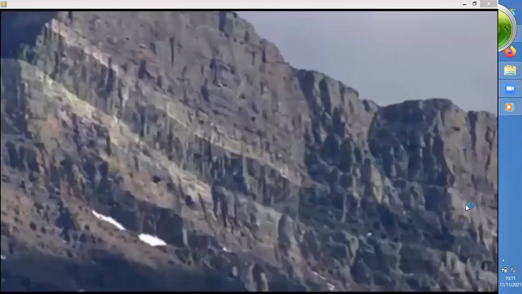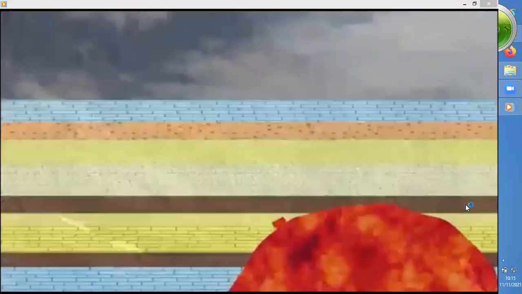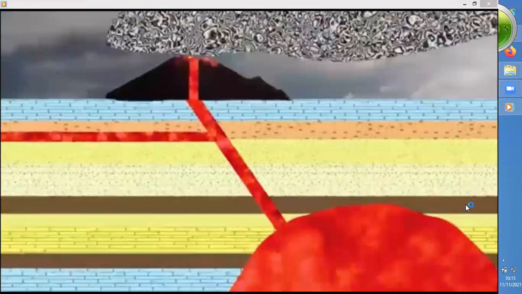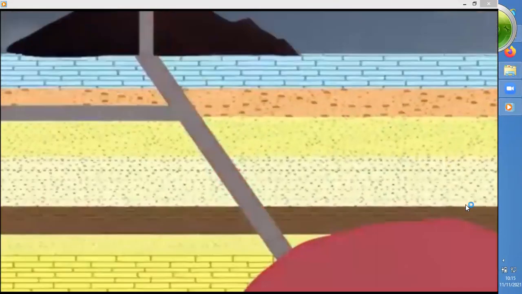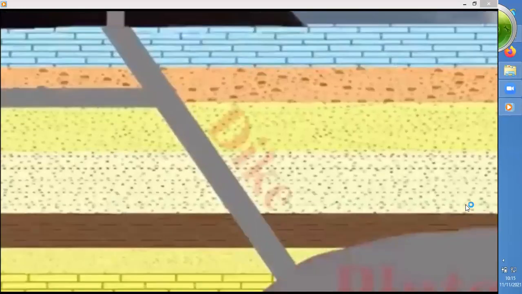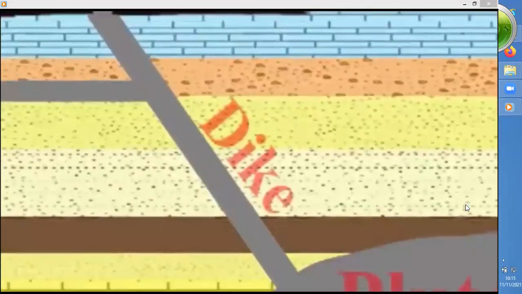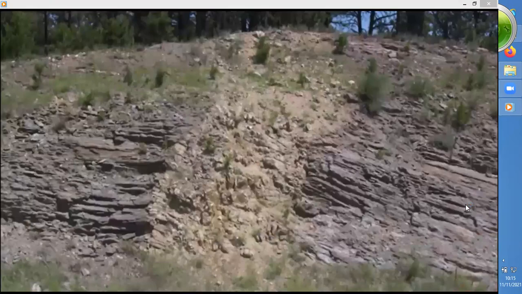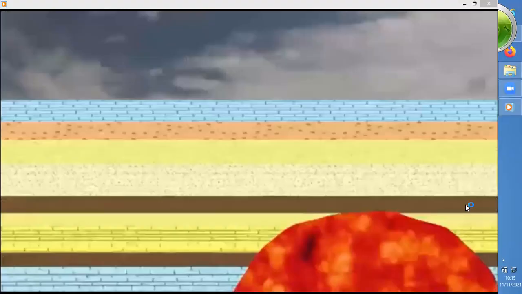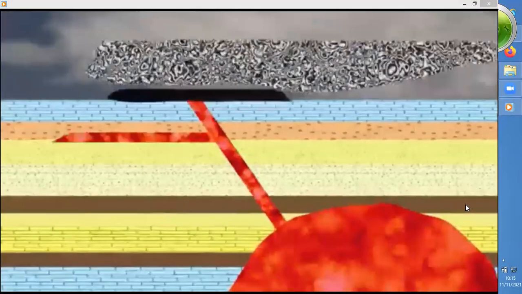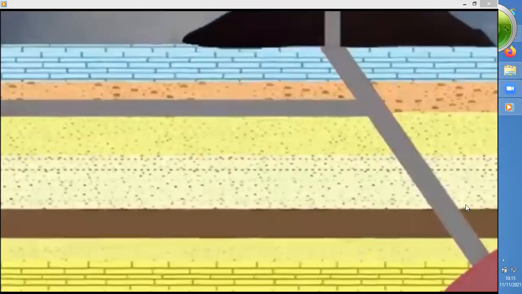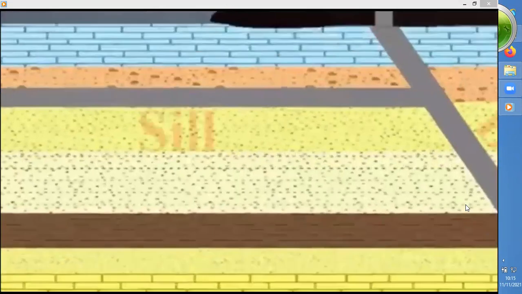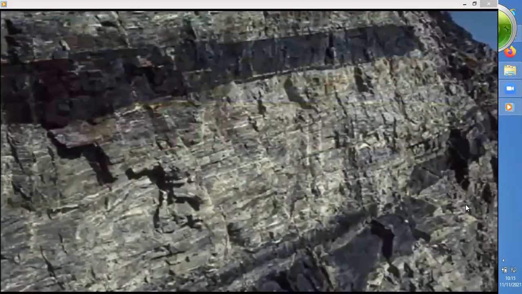across the country rock. If the country rock has layers, and our tabular igneous body cuts across those layers, not parallel, we call it a dike. We can say a dike is discordant with the country rock structure. Conversely, if the igneous intrusive rock body is tabular and concordant, that is parallel with the country rock layers, we call it a sill. We can almost think of a sill as an underground lava flow running along the bedding